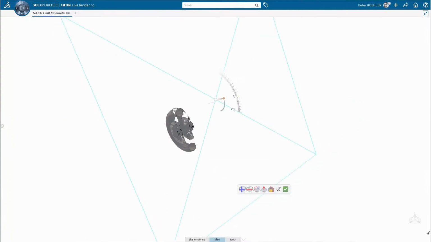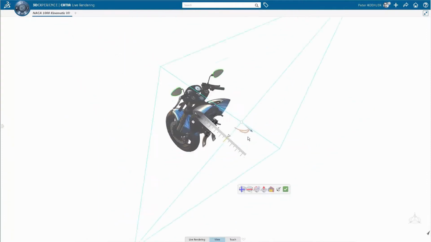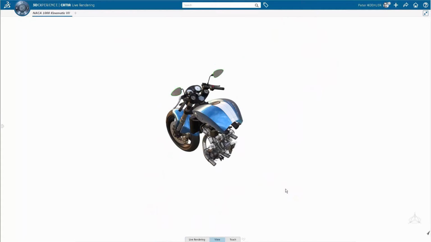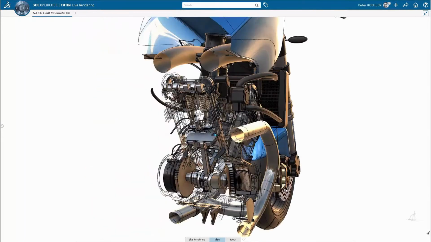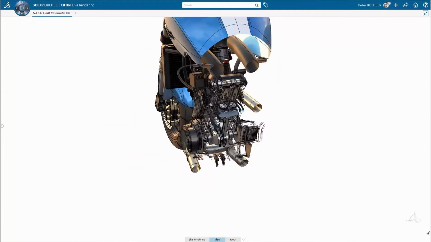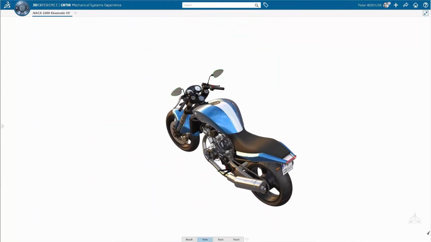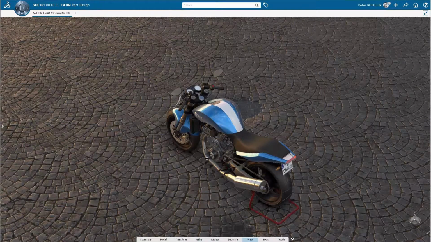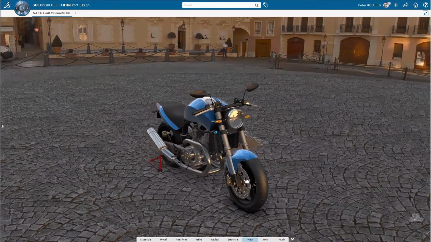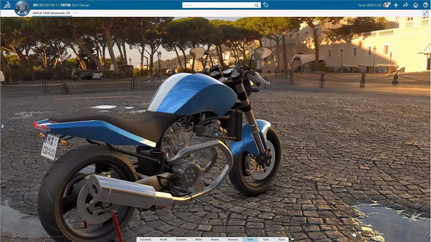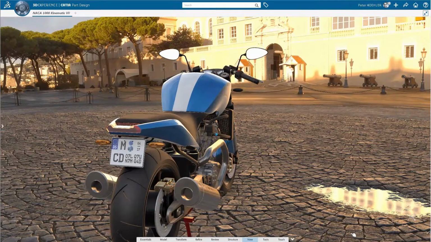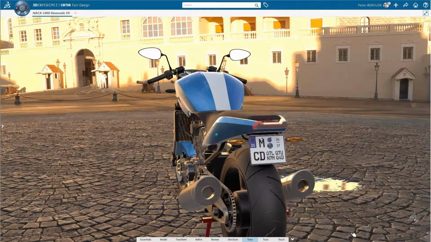We can even do a section cut while in a review, do some measurements, add transparency to our parts, and even run the simulation. We can do these things together. And now you may see this really nice environment, and we'll talk about some of the procedural materials, including the brick that this bike is